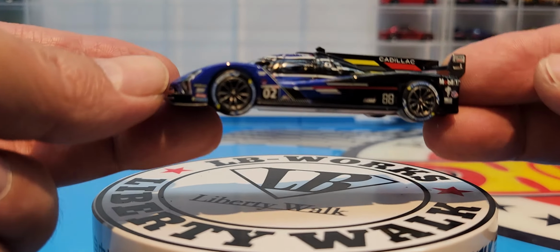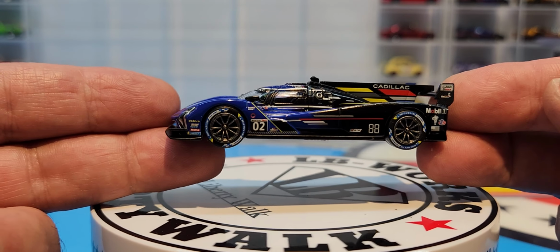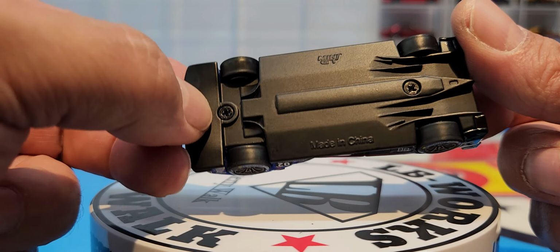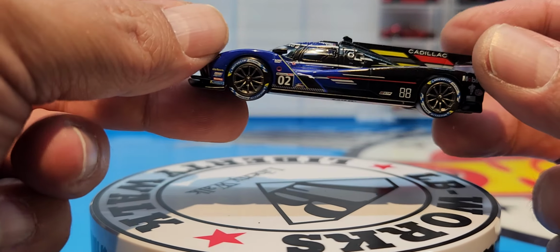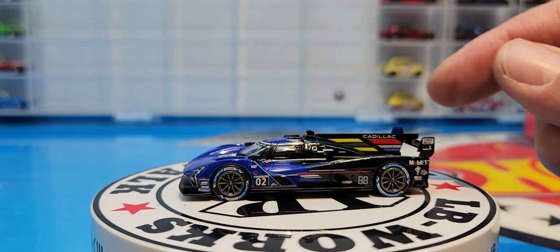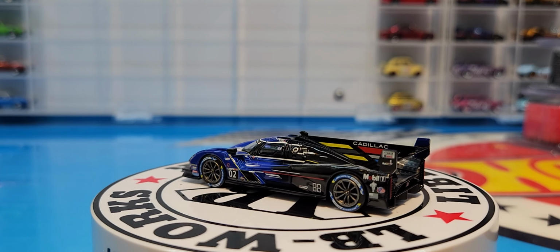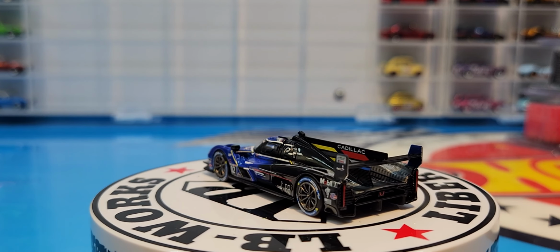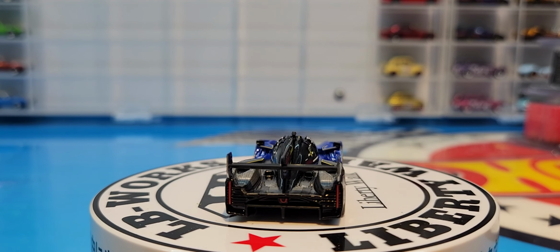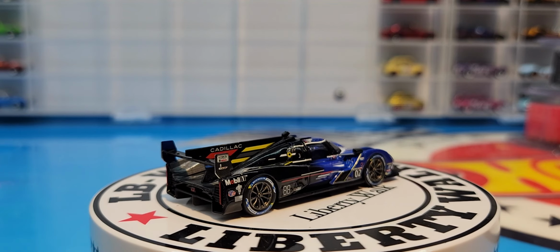Okay, first of all, what I notice is it's heavy. It's a very heavy casting, guys. It does have a solid metal base, a very solid metal base at that, and a solid metal body. And of course, the car rolls perfect. But what a gorgeous, gorgeous model this is. And it doesn't feel like there's any plastic at all on this. I'm sure the mirrors are, but other than that,